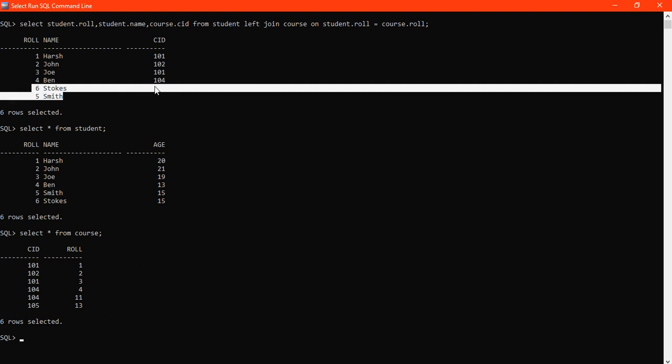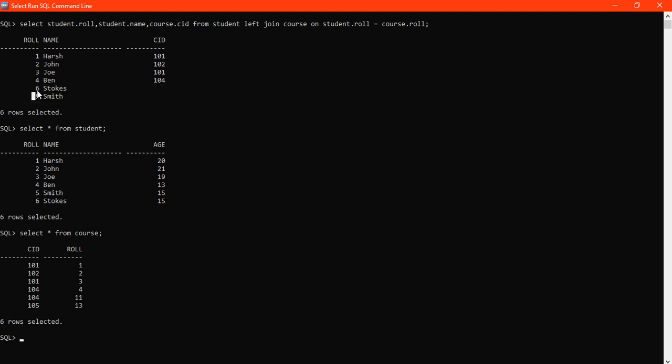Okay, that was the part I was explaining in the Venn diagram: for the column of the second table the value is not existing, so it is null here. But every record from the left table got printed, all the records 1 2 3 4 5 6.